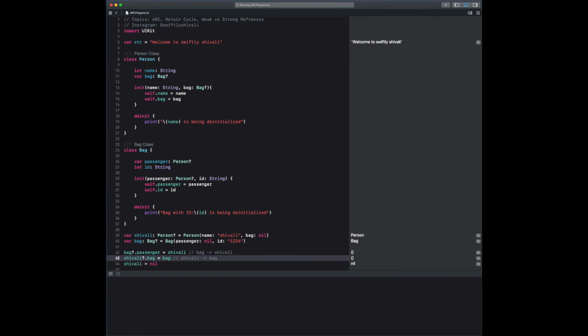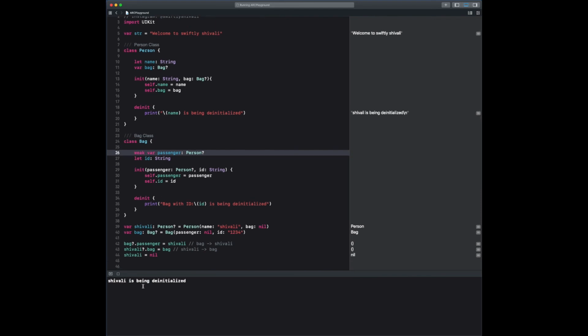This behavior prevents the reference from becoming part of a strong reference cycle, and you simply do this by using the weak keyword before the property or variable. So in this case, it would be this passenger variable that we have here. As soon as we add the weak keyword here, the reference becomes a weak reference, and we can right away see that our print statement is printed out in the debugger when we hit line 44 and we set Shivali